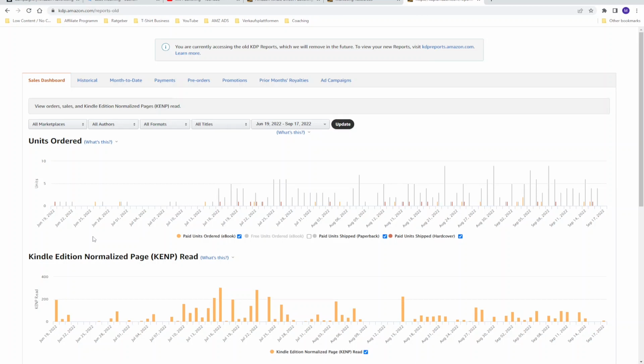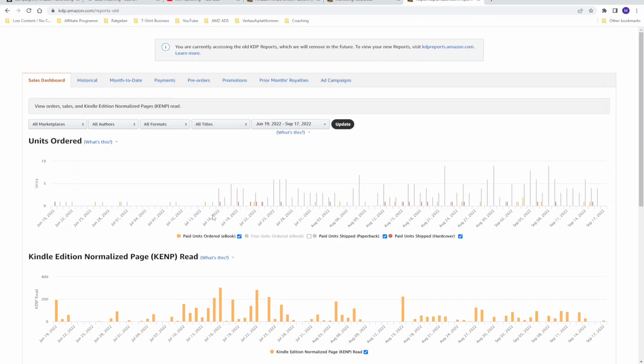Then on the 15th of July 2022, I started advertising because I wanted to know what impact advertising could have on my business. As you can see, before this date, I made roughly 1, 2, or 3 sales a day, even days without a sale.